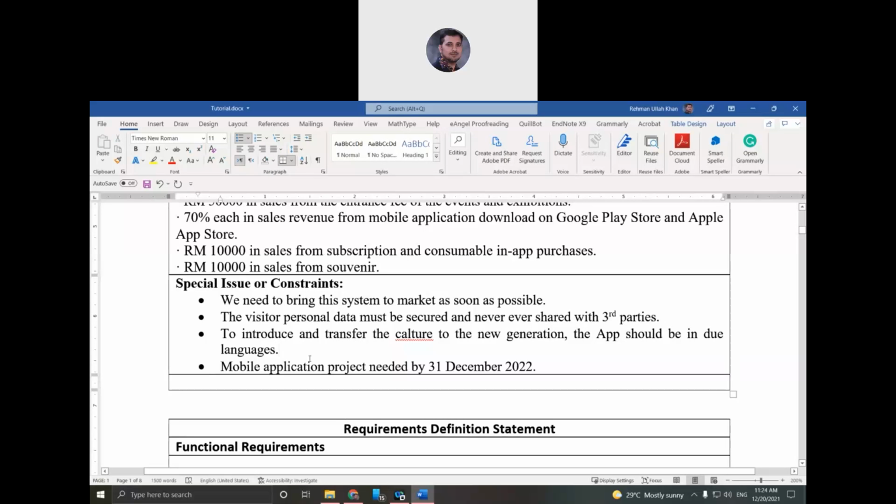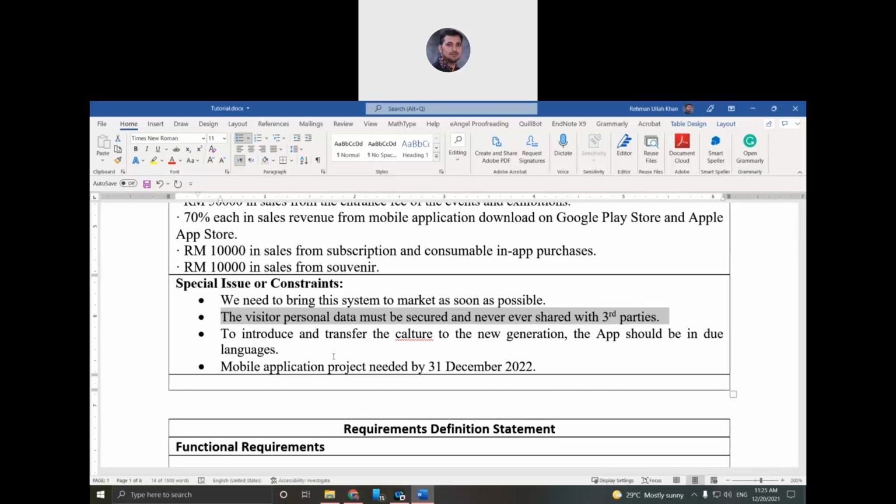So this is one special constraint or special issue. The other one, the visitor personal data must be secured and never ever shared with third parties. So this will be the second point, we must make sure that the data is safe.